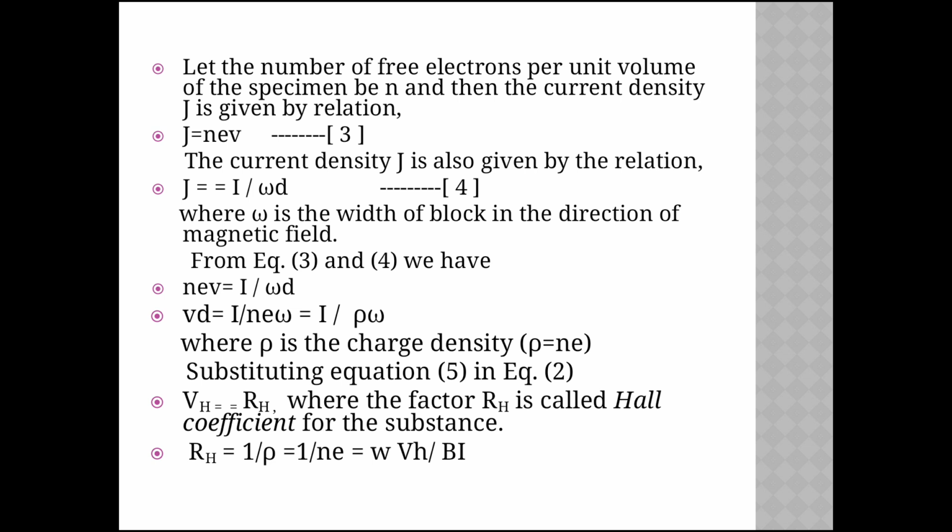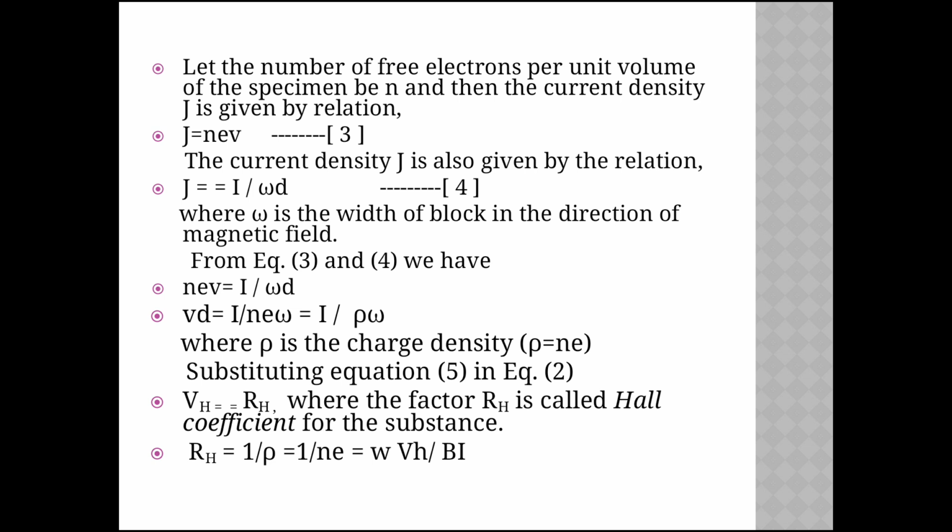From equations 3 and 4 we have nev is equal to I divided by wd. So the drift velocity V is equal to I divided by new, which is equal to I divided by rho w, where rho is the charge density. Rho is equal to ne. Substituting equation 5 in equation 2,